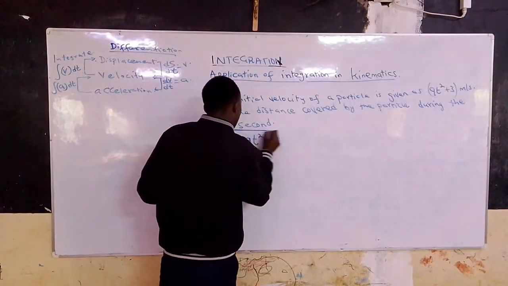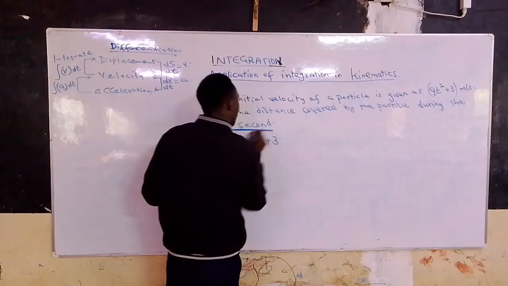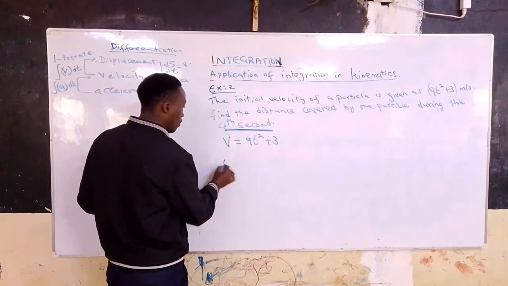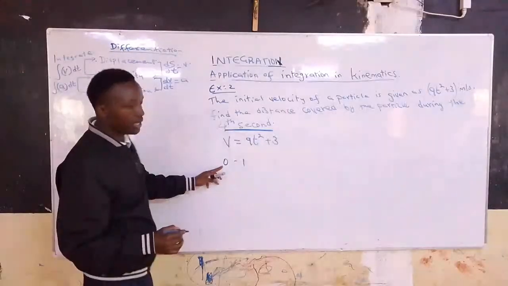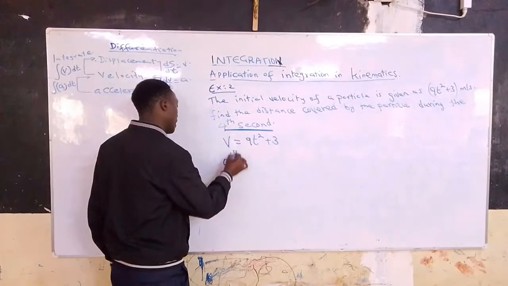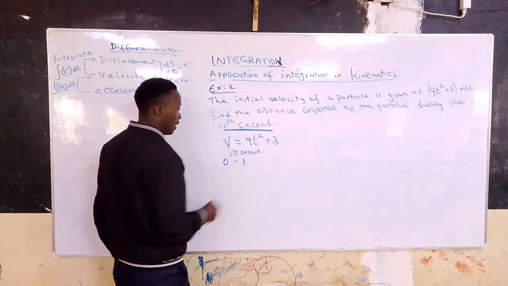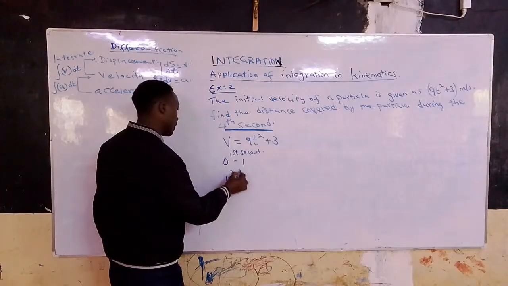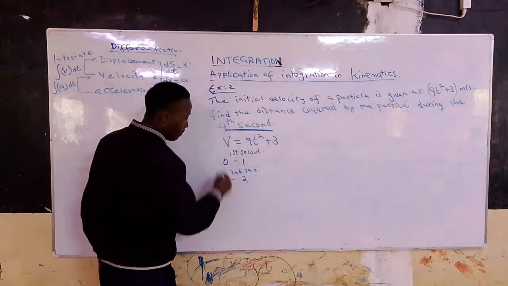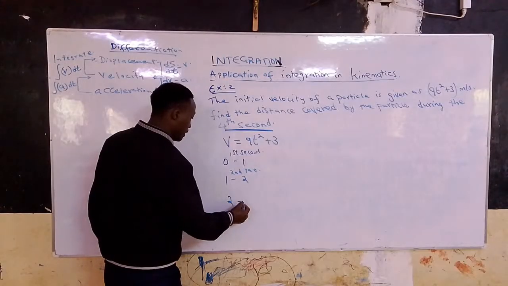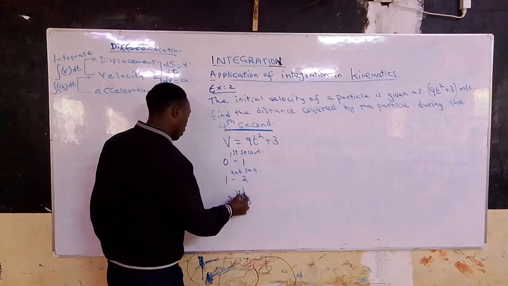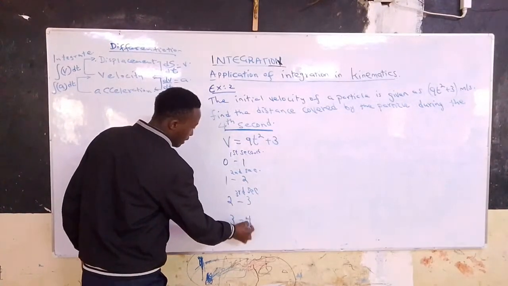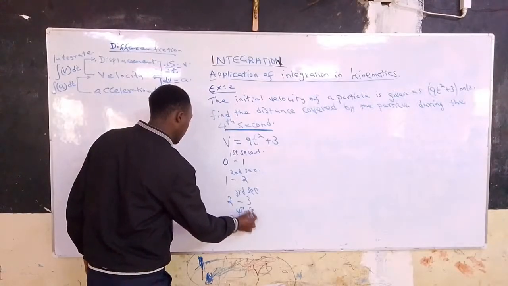So we need to interpret and understand where the 4th second is. Remember, between t is 0 and t is 1, that is where the 1st second lies. Between t is 1 and t is 2, that is where the 2nd second lies. Then between t is 2 and t is 3, that is where the 3rd second lies. And between t is 3 and t is 4, that is where the 4th second